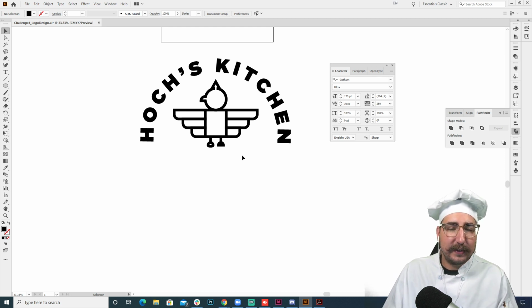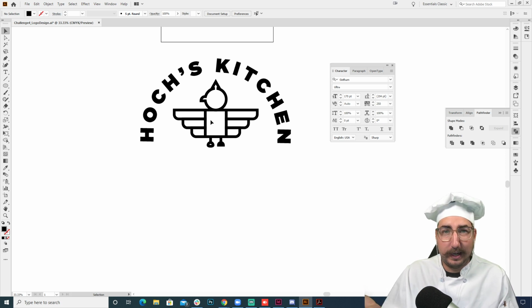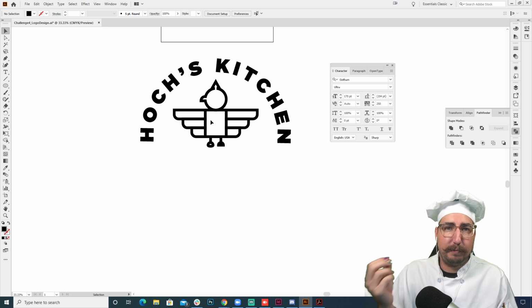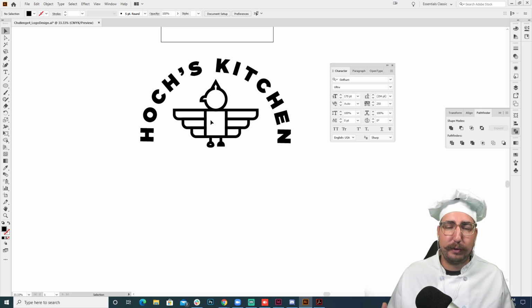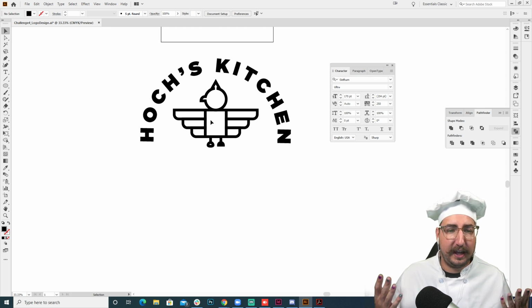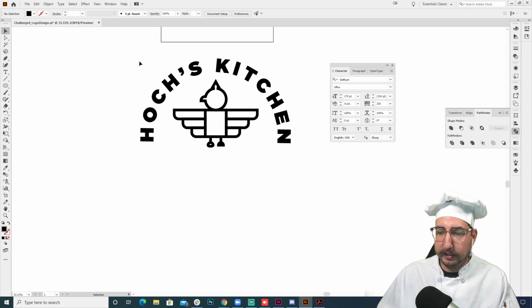Yes. So very simple to use these shapes. And again, with these challenges, you can build a hawk like this, or you can build your own using these simple shapes. In the past, we've done space shuttles. We did a koala at one point. And so it's very easy to use simple shapes and leverage the Pathfinder tool to go ahead and build a simple logo. So what I want you to do is build your logo and then maybe keep playing with it, right?